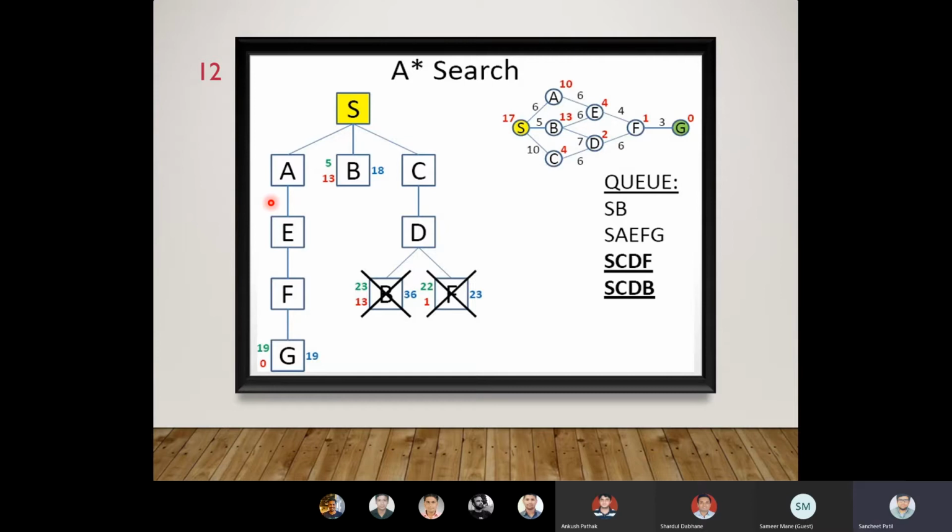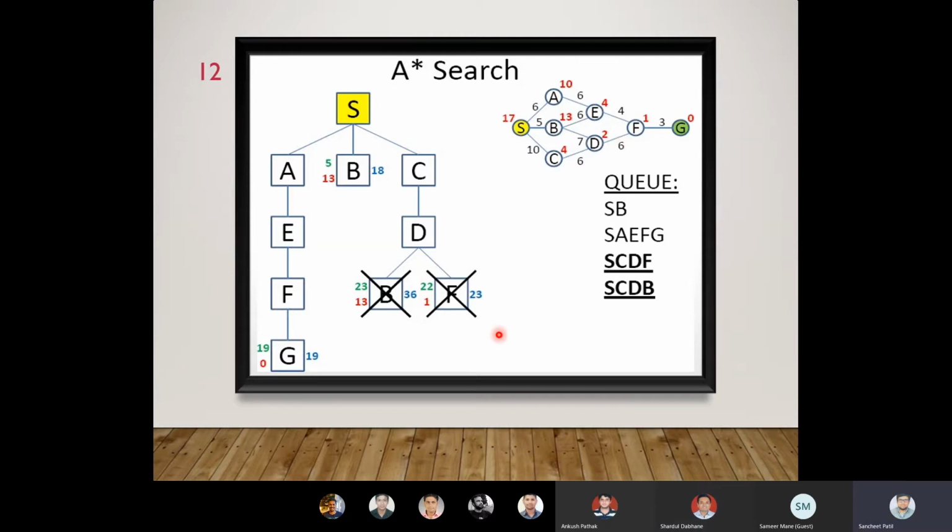So what will the algorithm do? It basically back propagates and will take the saved instance of D into the picture, and again it will expand D. Once it is expanding D, it will bifurcate it as B and F again, as D has two paths, that is F and B again, and it will calculate the f(n) for both the nodes.